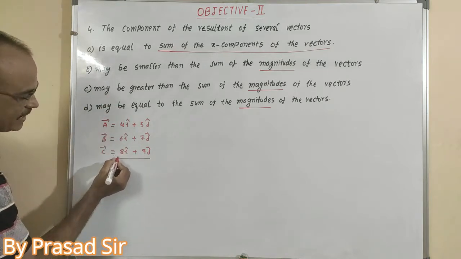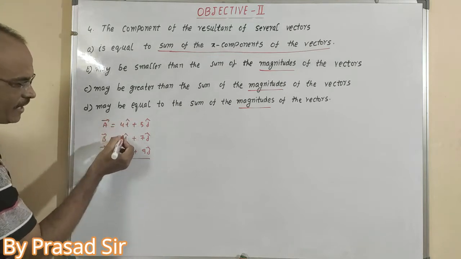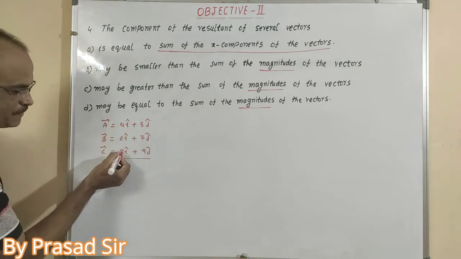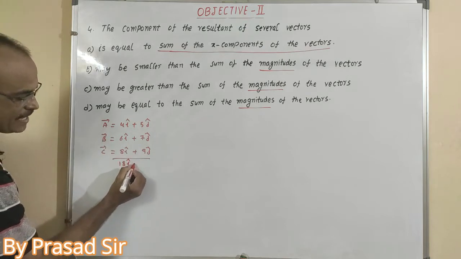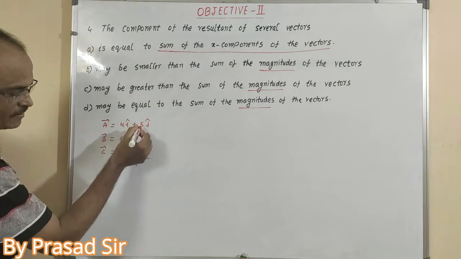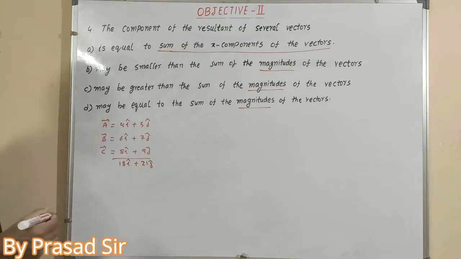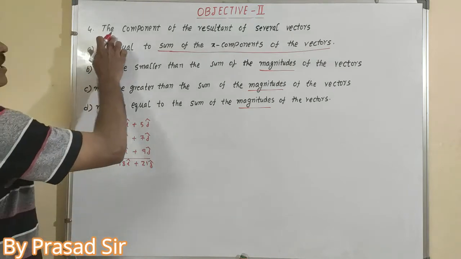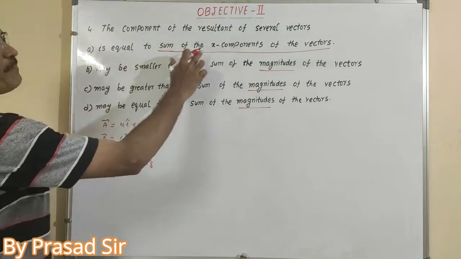Then what happens here? Only the x components I am adding here. 4 plus 6 plus 8, how much here? 18 i cap, plus how much here? 9 plus 9, 16, 21. 21 j cap. Remember, now, the component of the resultant of several vectors is equal to the sum of the x